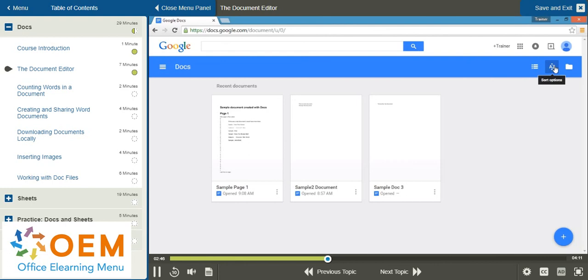Next to your view, you have your sort options. So let's left-click on Sort Options and have a look at the ones that are available to us. By default, the documents that were last opened by me will show up first in the list. We can also change this to last